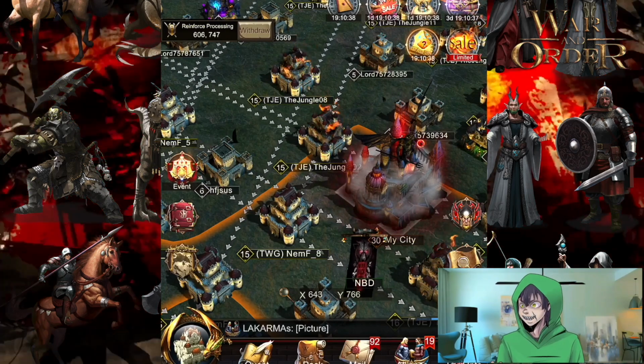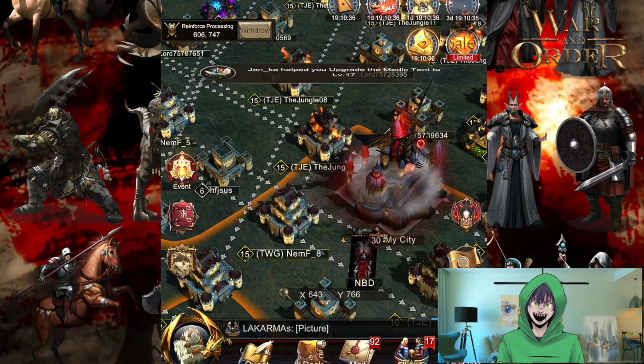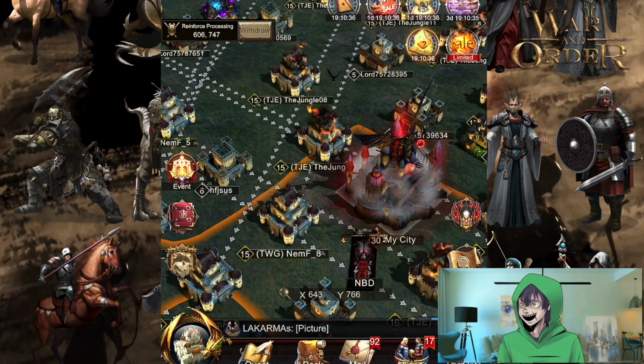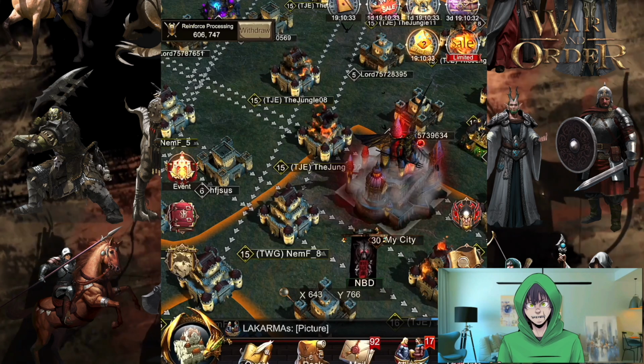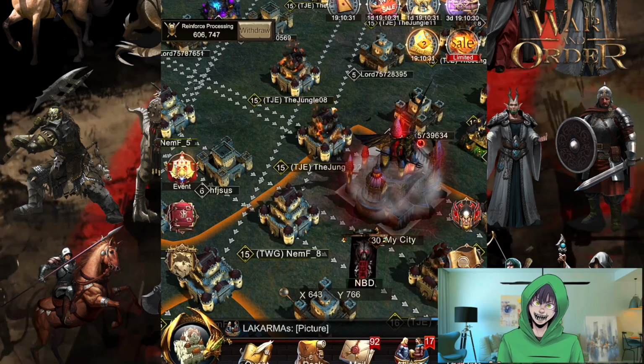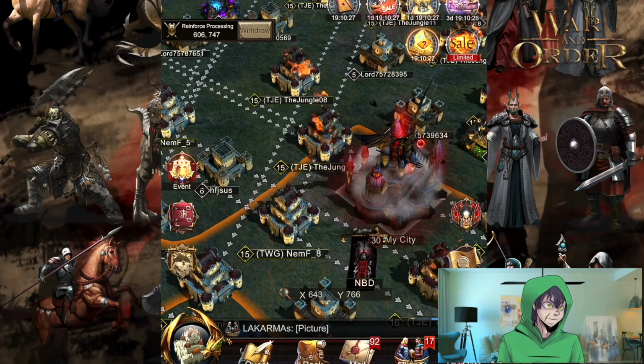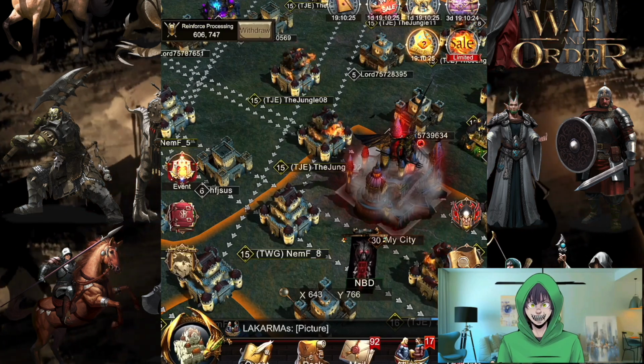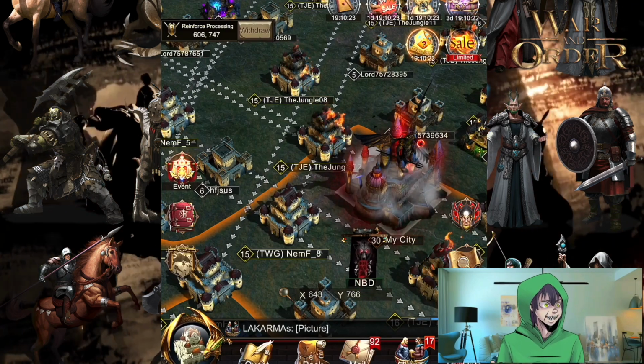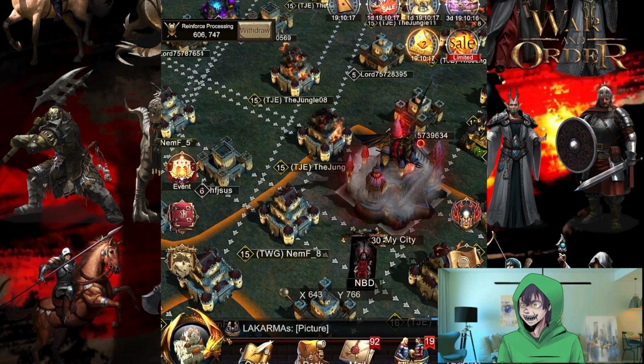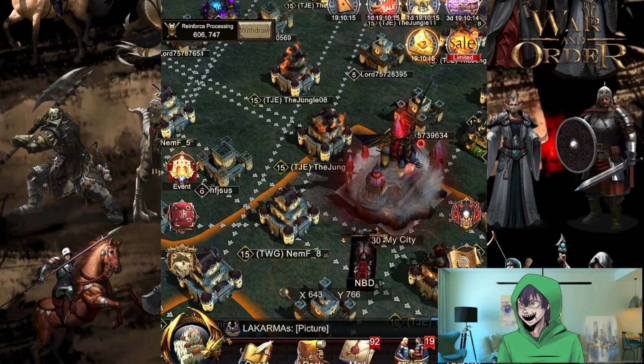You're still going to take some. In almost any battle, no matter how big you are, you're going to take some. But there are things that you can do to reduce the number of those losses. For example, in a large speed attack or a timed attack, the losses you take will be determined by your